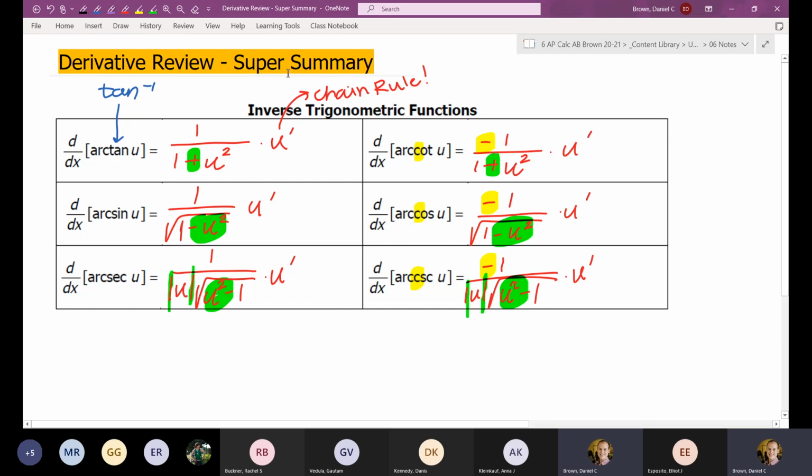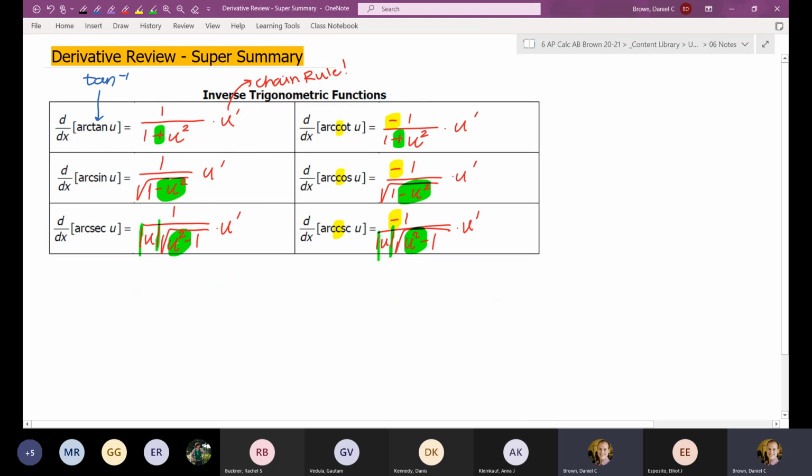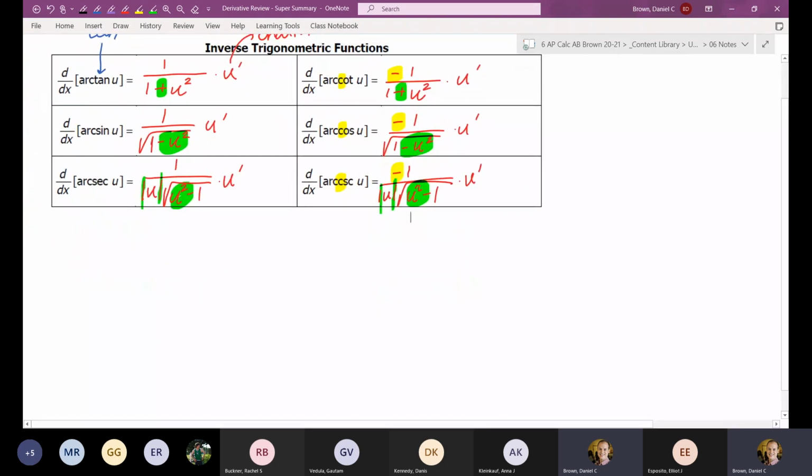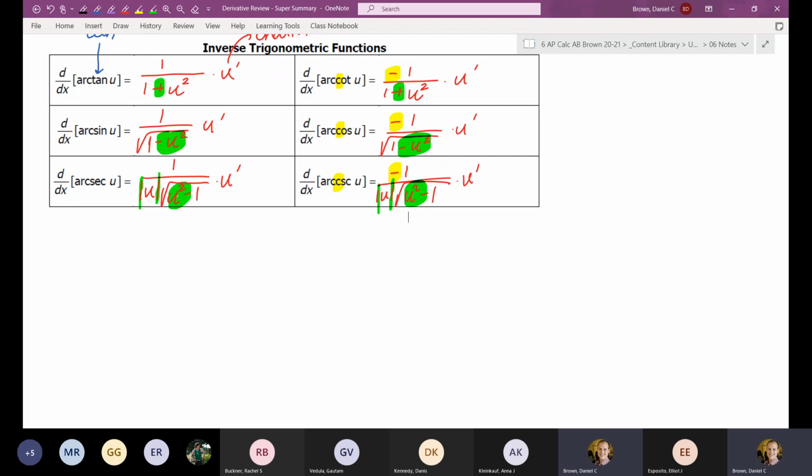What makes these a little bit more challenging is that there's usually a lot of algebra involved when you're simplifying your answer. If you remember that from first semester. If I were to make up an example, let's just do arctangent. That's the easiest one, but it will let you see what I want you to see. So if I tell you to take the arctangent of, we'll say, x over 5,